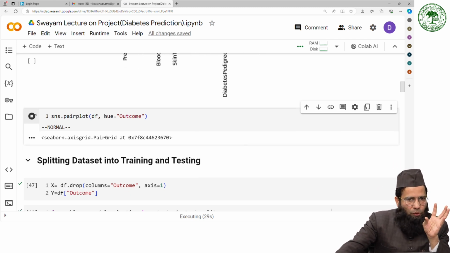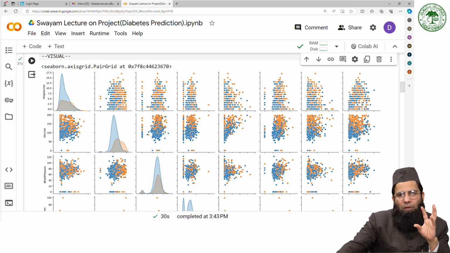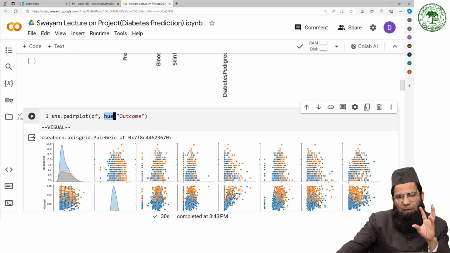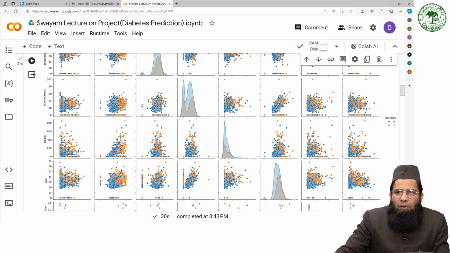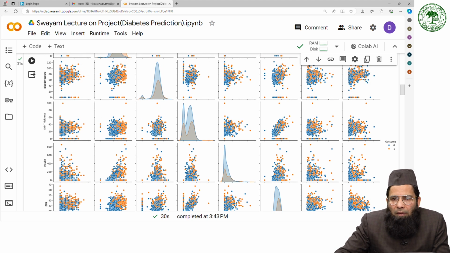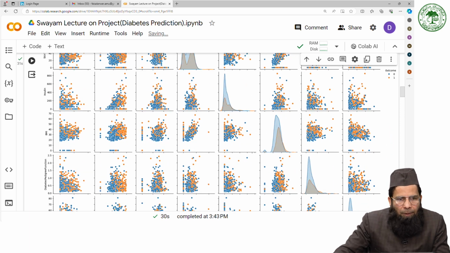And I have used hue, since I mentioned that we use this parameter for category only. So I'm using hue since outcome is having only zeros and ones. So you can see here the blue color actually signifies 0,